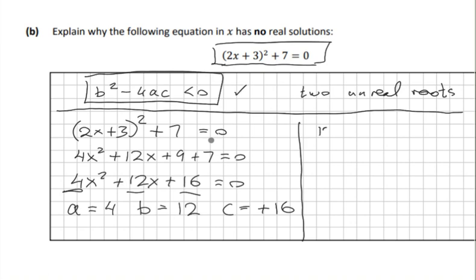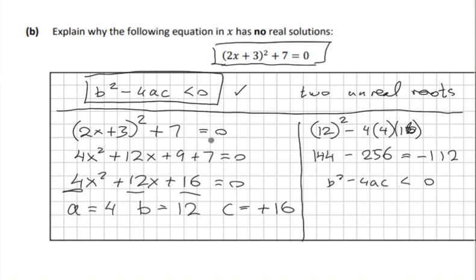We get 12 squared minus 4 by 4 by 16. That gives 144 minus 256, which is equal to minus 112, which is less than 0. So there are no real solutions,